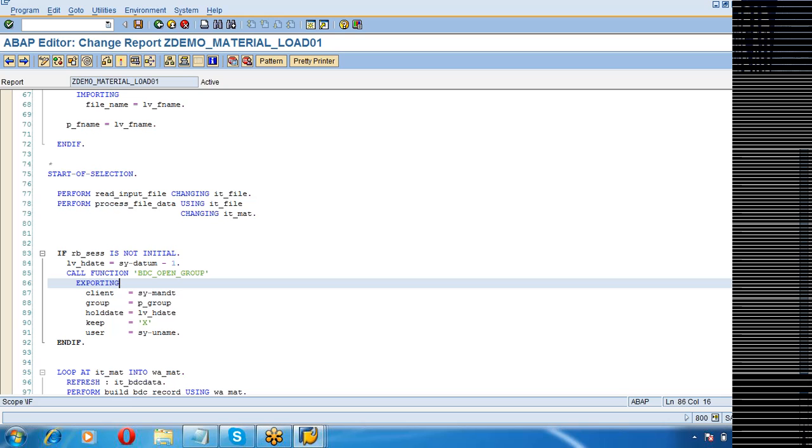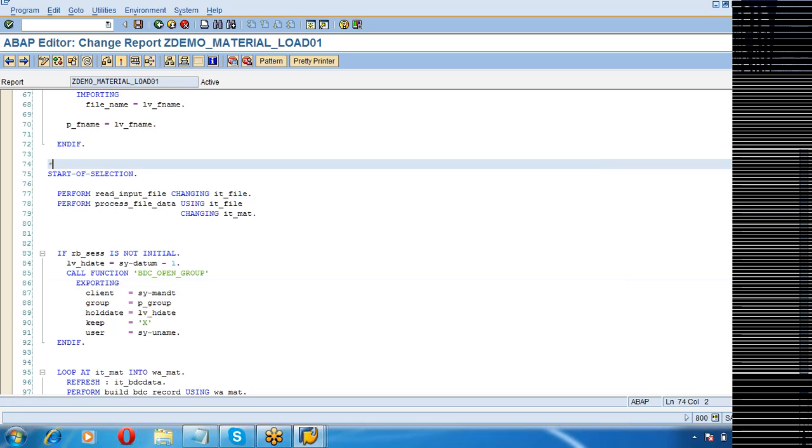We go for pre-validation to cut down on the processing time. When you know something is wrong, there is no point in sending it to the transaction to be posted. If I know that the record is wrong, it makes no sense to push it through MM01. So pre-validation and post-processing are the two activities that we need to do to ensure that we are able to push the data into the system.